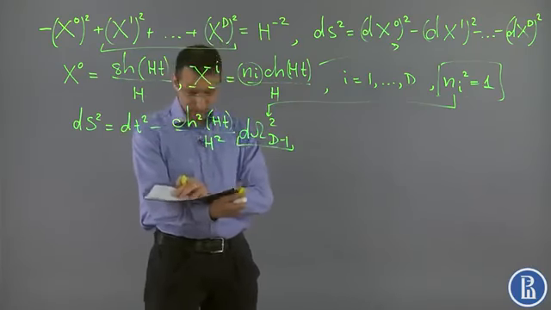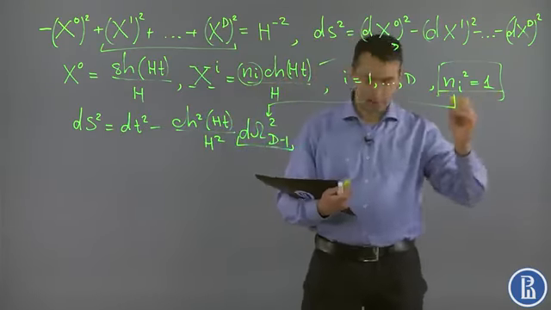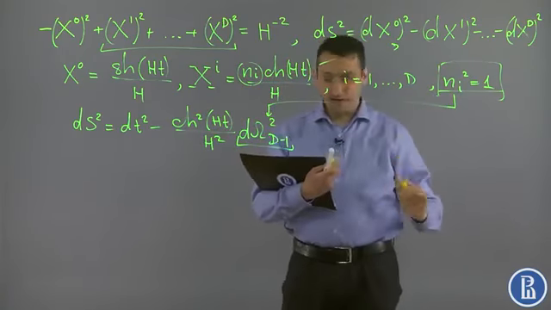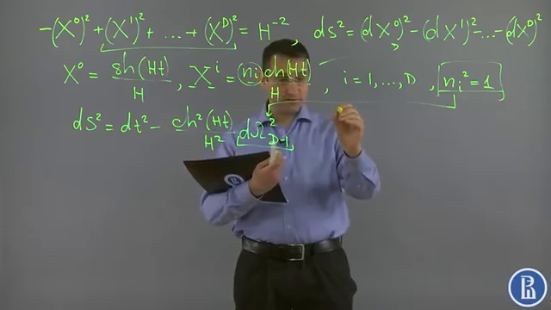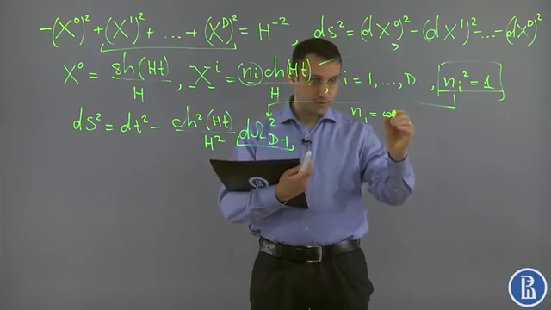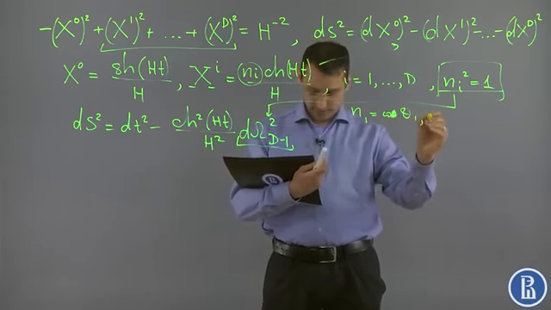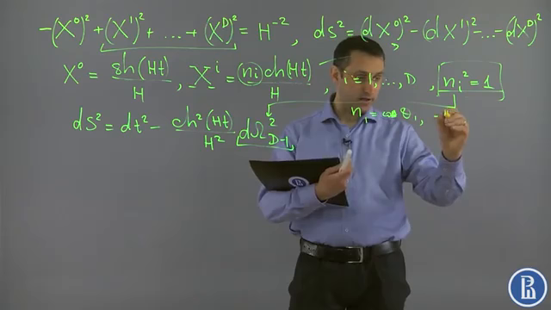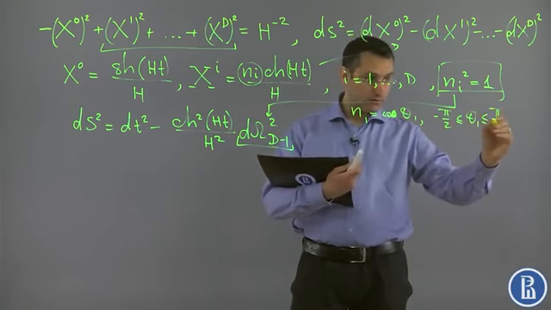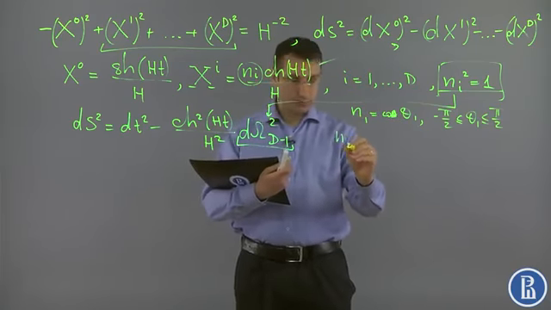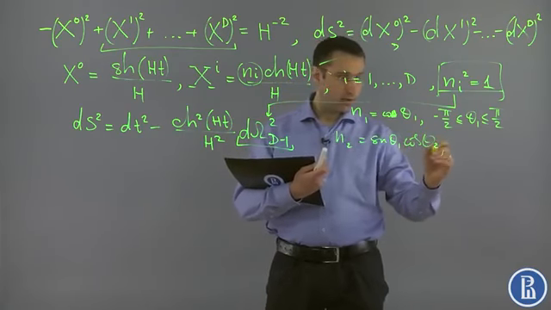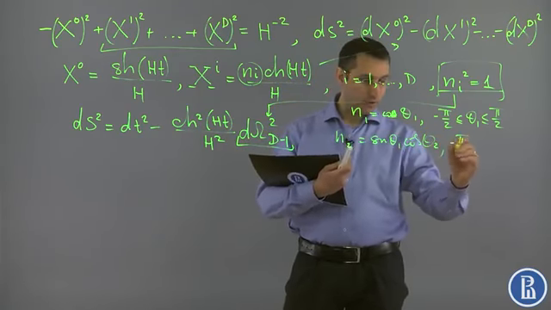Let me explain it. So for example, this equation, which defines a d minus 1 dimensional sphere in d-dimensional space, can be solved as follows. We can define n1, which is cosine of theta 1, and theta 1 is ranging between minus pi over 2 to pi over 2. Then n2 equal to sine theta 1 times cosine theta 2, and theta 2 is ranging between minus pi over 2,